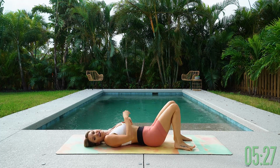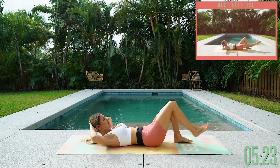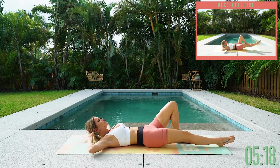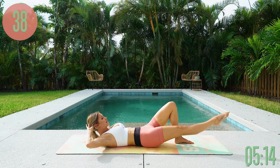Okay, shake it out, shake it out. We're going to take it into a static crunch with a leg extension. Okay, so here we go. Actually, we're going to take the leg and pulse it up and down. So you're going to bring those hands behind your head. You're going to lift up through your chest. So really try and bring that back up off the ground, and we're just going to pulse it